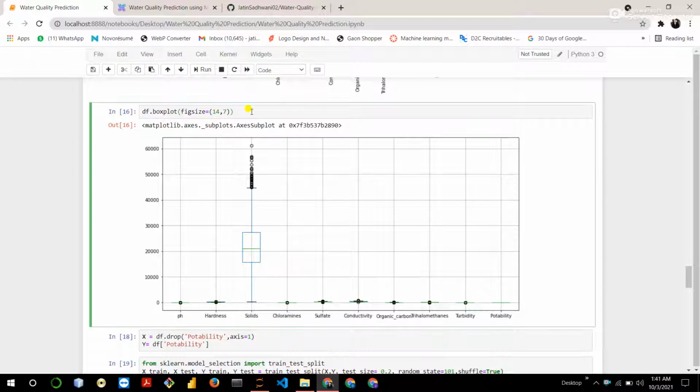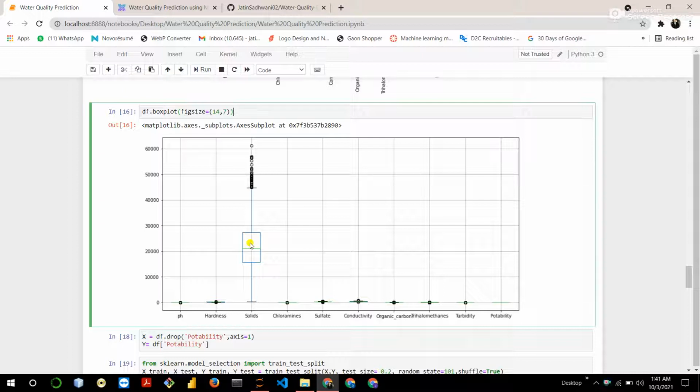Now see the outliers using the box plot function. You can see that the solids feature contains outliers, but we can't remove the outliers from it, because if we remove the outliers from the solids feature, the water will be safe to drink every time.